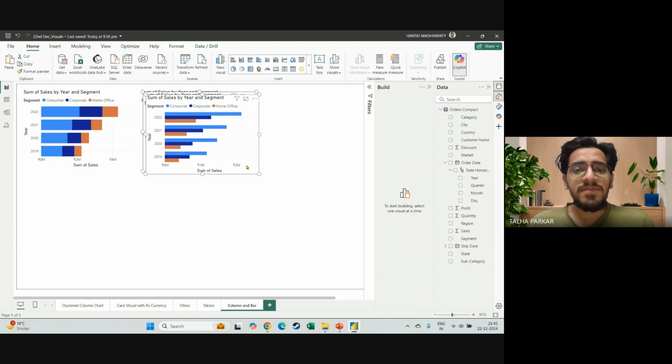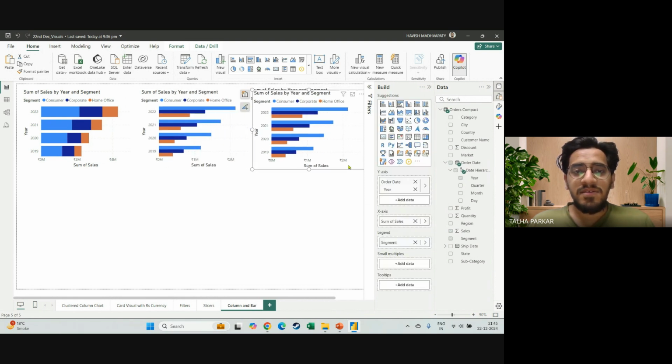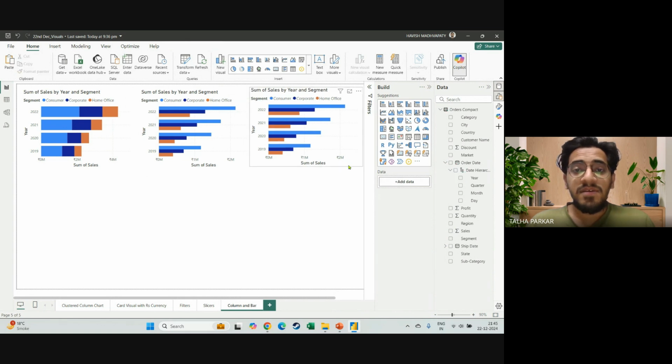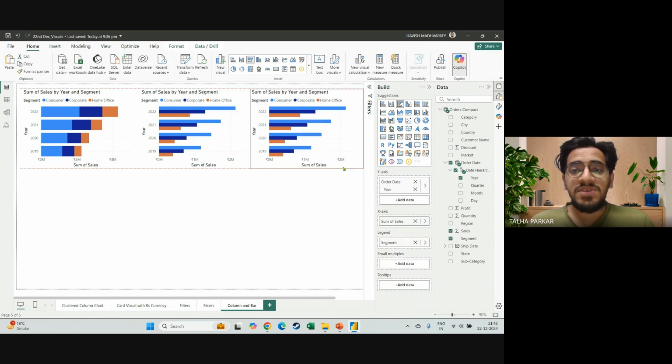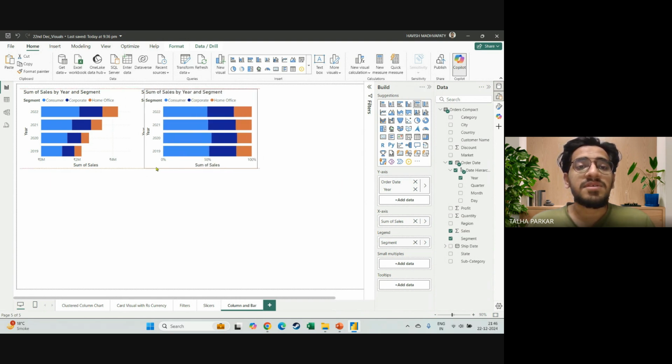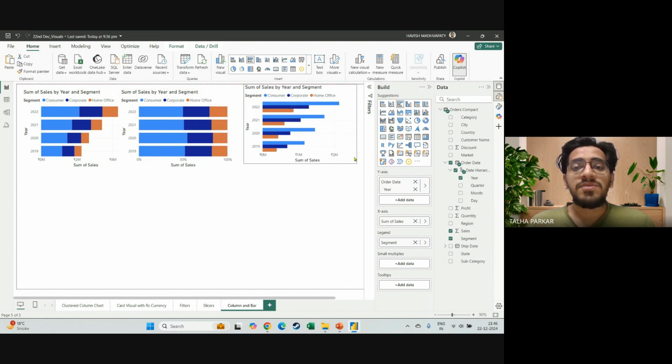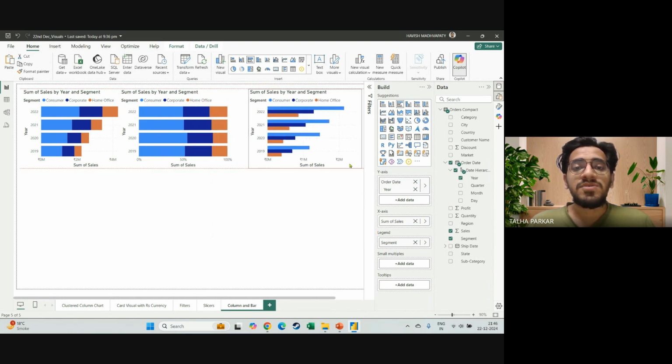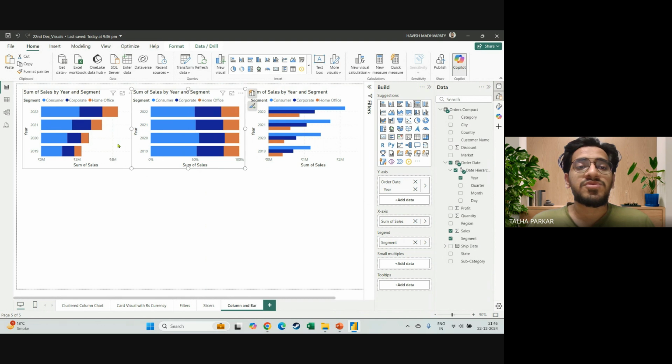And I'm going to copy and paste it into a third one. I copied it twice, I think. Yeah. Into a third one, which I want to be a 100% stacked. Let me just realign these this way, because I want to explain these 3 also. So these are some of the most common visuals that you will see in a lot of McKinsey reports also,